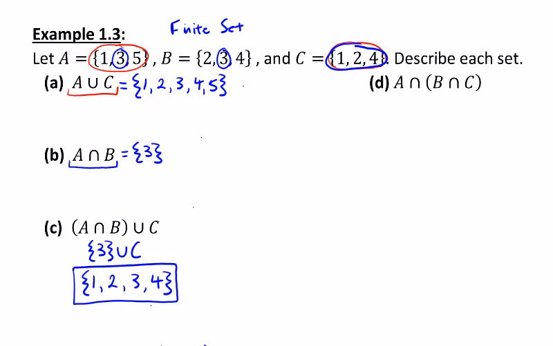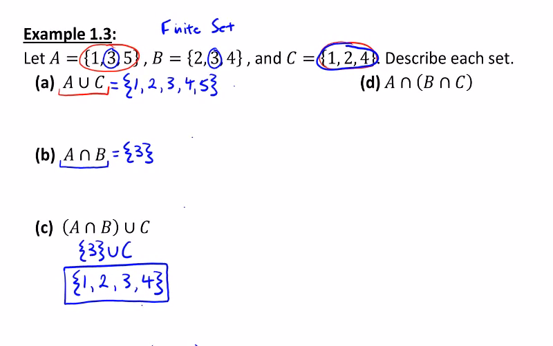Let's take a look at part D. We have another grouping symbol. We're dealing with B intersected with C first. So looking at B intersect with C, let me erase what we have here. What do these two sets share in common? I see they each have a 2, as well as each having a 4. So B intersected with C is equivalent to the set with 2 elements, and those elements are 2 and 4,